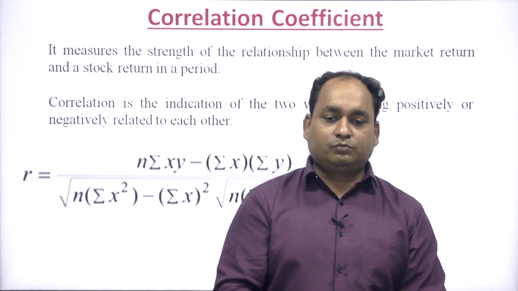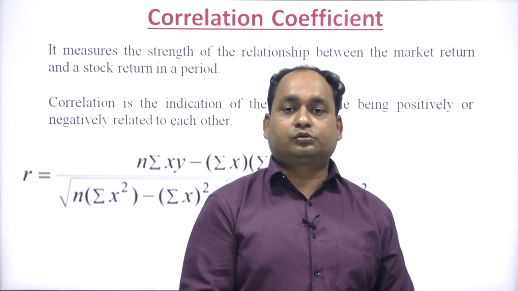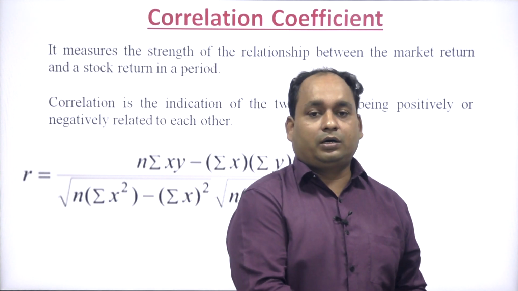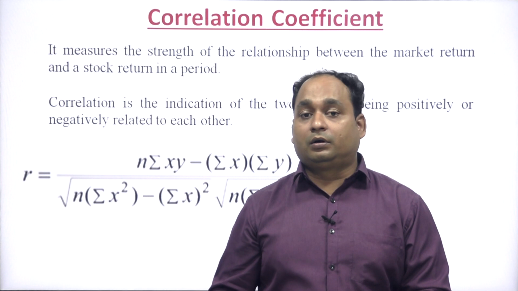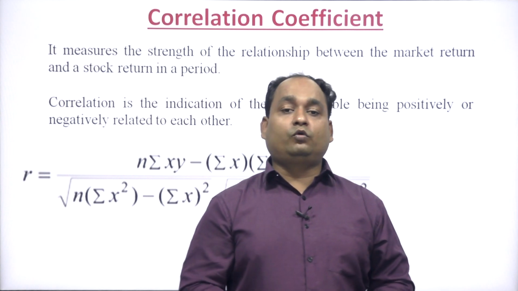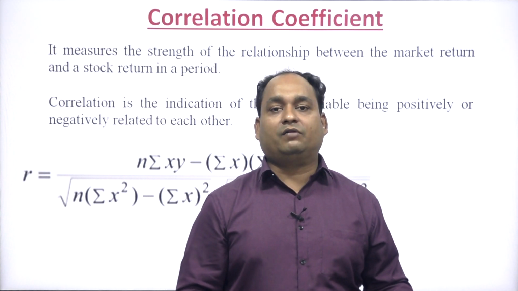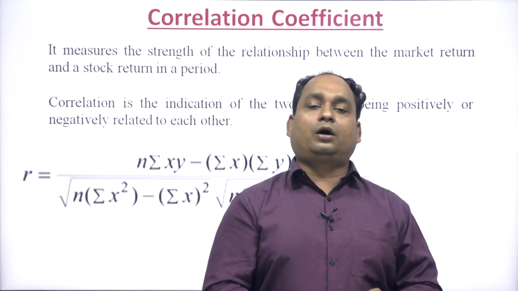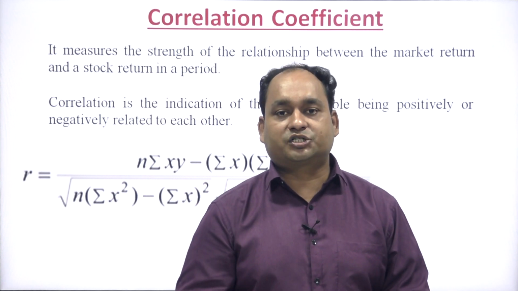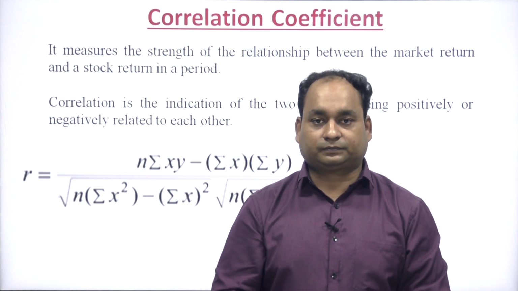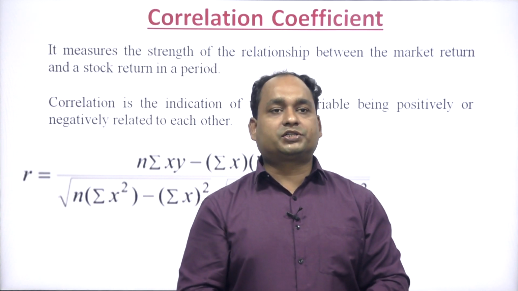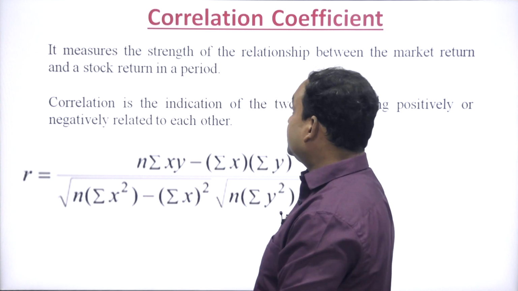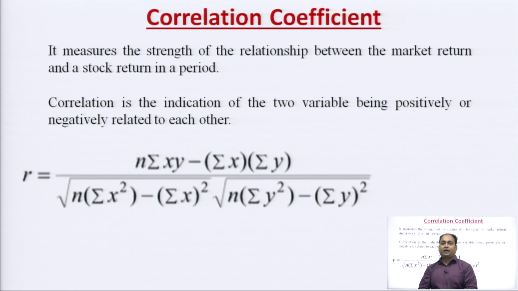When the market is moving up, the security is also moving up. Once the market is going down, the security goes down too. But if the market is moving up and the security is going down, it is an adverse relation. Once the market is going down and the security is going up, it is also an adverse relation, which shows a negative correlation. So, under correlation analysis, the correlation coefficient, we measure the strength of the relationship between the market and the stock price, between the performance of a particular security and the market performance.